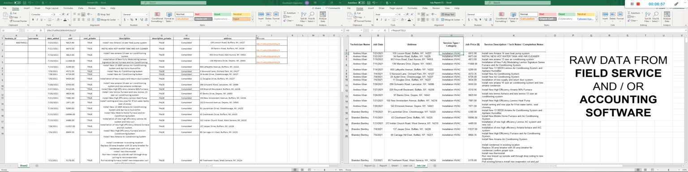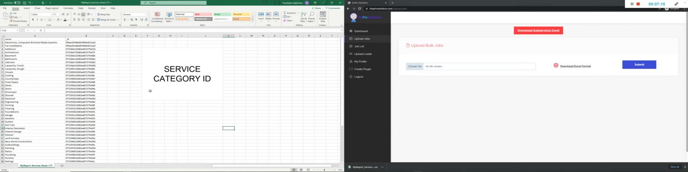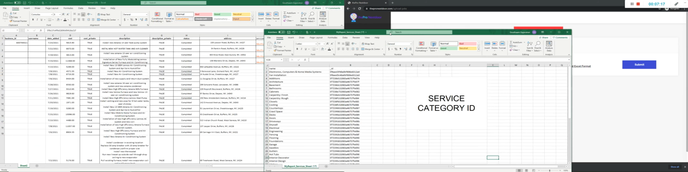And how do you get your service category ID? All you do is, again, on your client web portal, you're going to go back to upload jobs and you're going to click on download subservices Excel. And as soon as you click that, it's going to download. And this is your category service ID sheet. So I'm going to put this on this side